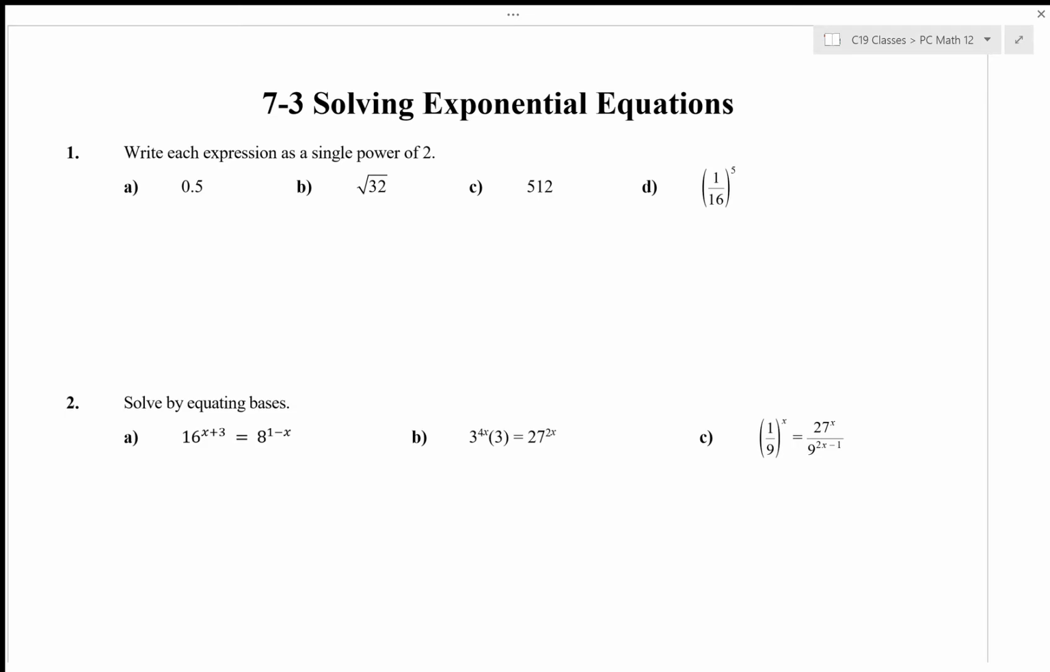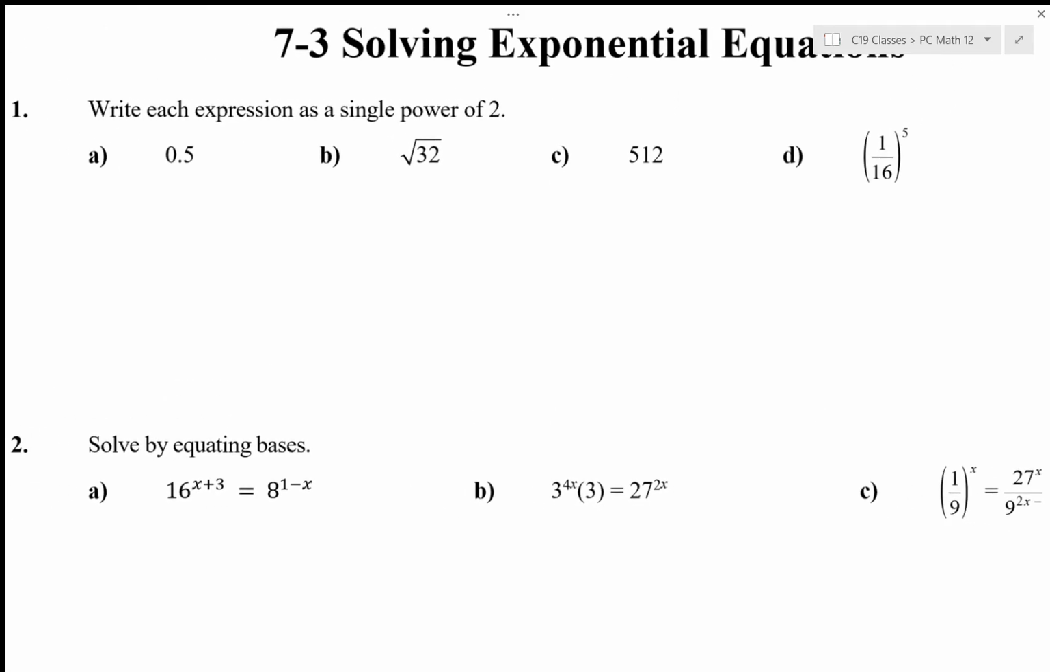Before we do that, we have to do a tiny review on exponent laws from grade 9, grade 10, whenever we did those things. So let's have a look at exponent laws, or let's look at this first little question maybe to help us